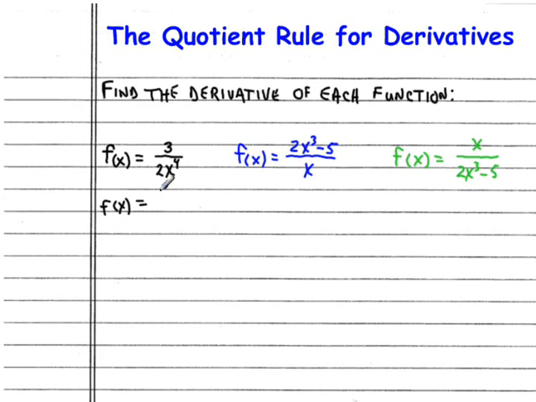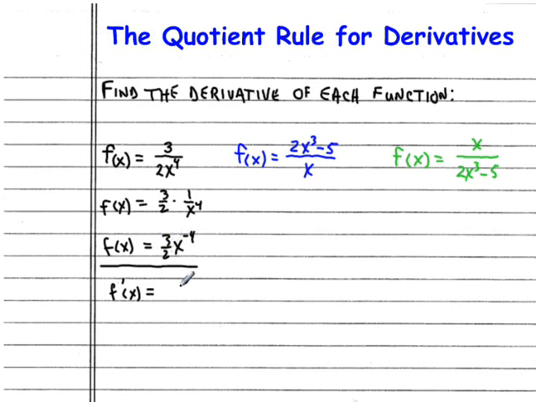We recognize that we could write this as 3/2 times 1 over x to the fourth. And of course 1 over x to the fourth can be written as x to the negative 4, so this is really 3/2 times x to the power negative 4, and then we can simply use the power rule for derivatives. Finding the derivative now, we would say that f prime of x is